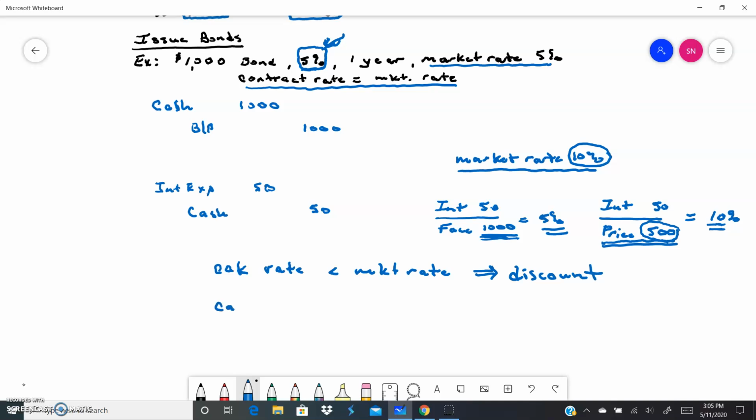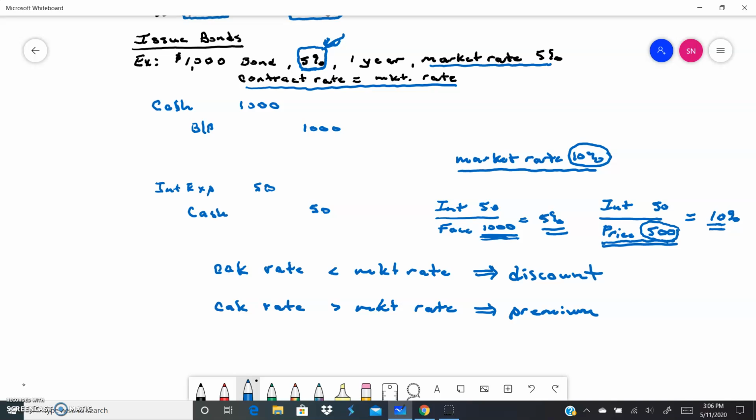If our contract rate, on the other hand, let's say the opposite was true. Let's say the contract rate was 15% and the market rate was only 10%. Then our bonds, this is the market rate, so contract rate is greater than the market rate, then our bonds are going to sell at a premium. They're going to sell for more than the face amount. So in this particular case, maybe they sell for $1,200 instead of $1,000. If in fact our contract rate was higher than the market rate, we're going to receive more from the issuance of those bonds to reflect the fact that our bonds are paying a higher rate